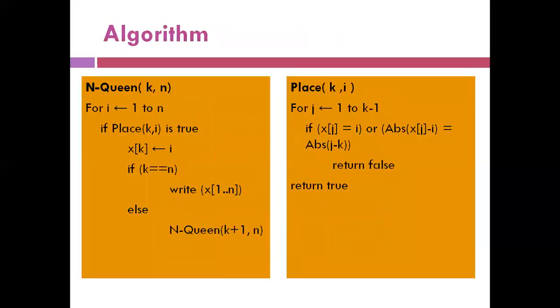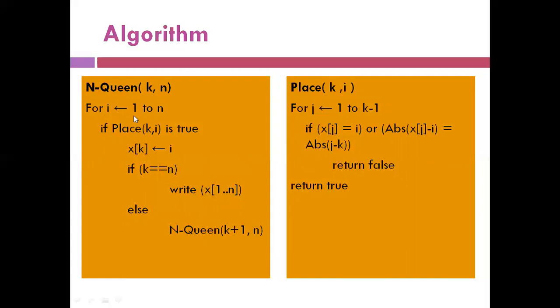So this is the backtracking algorithm used for NQueen. There are two procedures for the NQueen problem. One is the NQueen procedure and one is the place procedure. NQueen procedure k comma n. Here k is the current queen which is to be placed on the board and n is the problem size. The example that I have considered is for a 4 cross 4 board, so the problem size is 4. And k is the current queen which is to be placed. If I'm starting the problem, I need to place the first queen. So that way k is the current queen.